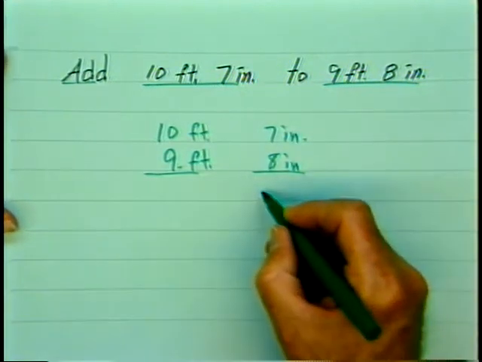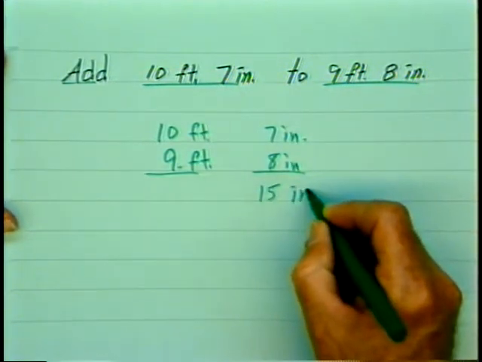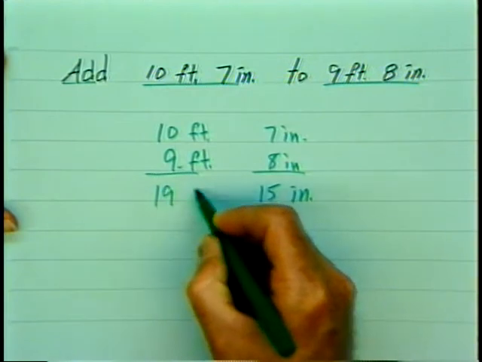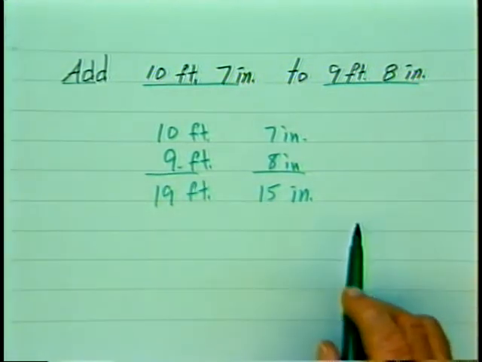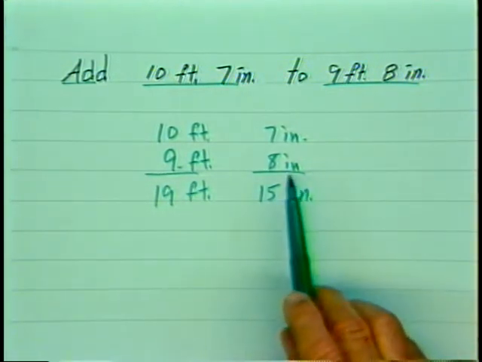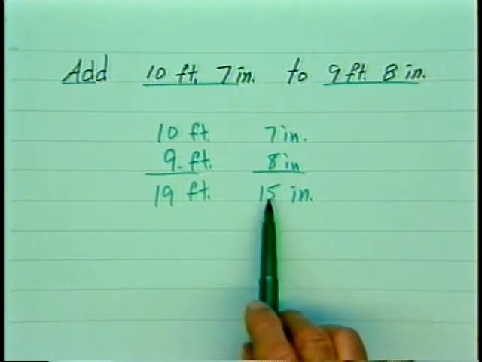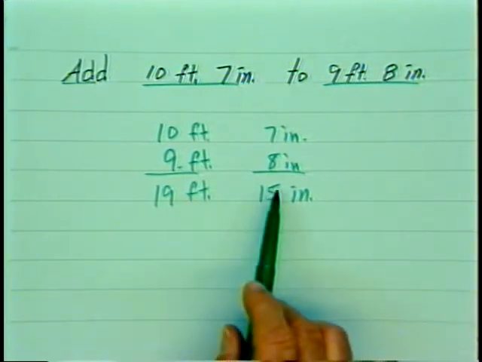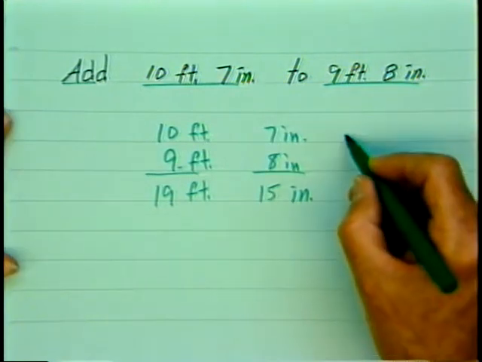So in this case I would get 15 inches and here 19 feet. But just like taking an improper fraction down to a proper fraction, if this is more than one of these, and it is, because 15 inches